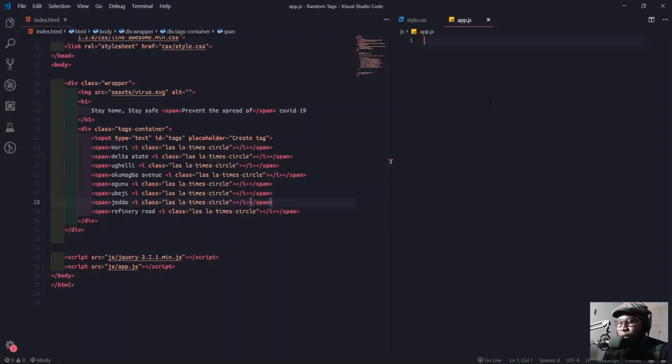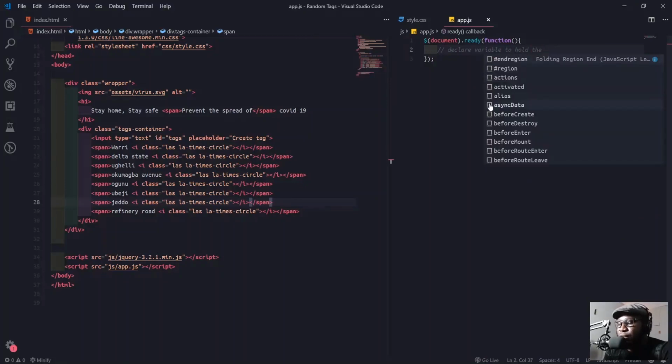So what we'll do first is say $(document).ready, document ready function. The first step is to declare a variable to hold the value from the input field.